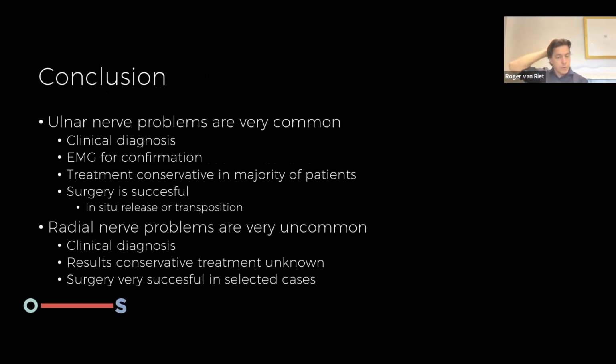So in conclusion, ulnar nerve problems are very common, the second most common after carpal tunnel syndrome. It's a clinical diagnosis: pins and needles in the little finger, clumsiness. I think those two symptoms are very important to recognize as ulnar nerve symptoms. I do an EMG for confirmation. Also, when you do an EMG pre-op, you have a baseline. So if patients don't evolve like you want them to, you might do a new EMG to check it. The treatment is conservative in the vast majority of patients, but surgery, if needed, is successful, and we tend to do in situ release as a first choice, transposition if it's very unstable,